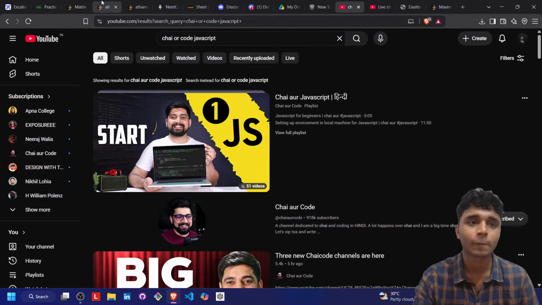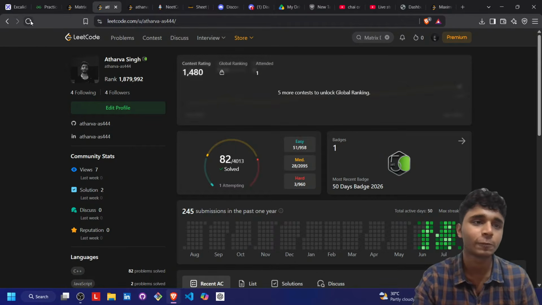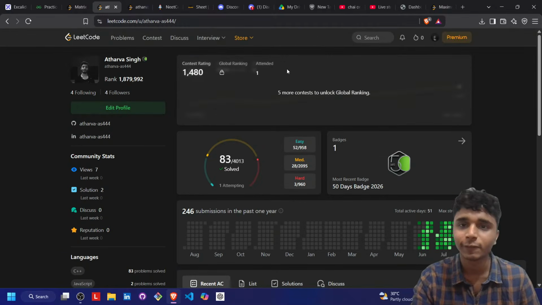Okay, let's come back to the topic. We have solved the first problem of today. It was matrix diagonal sum. And the second problem that I will pick is